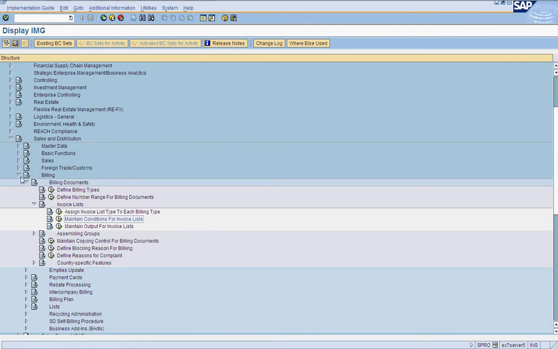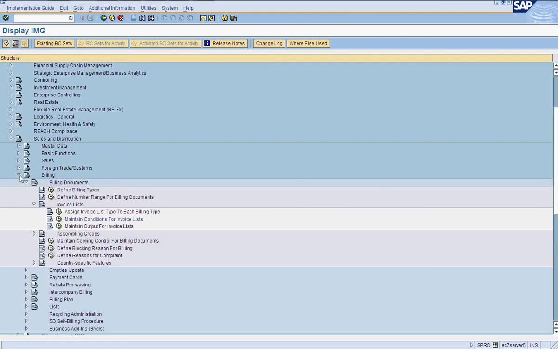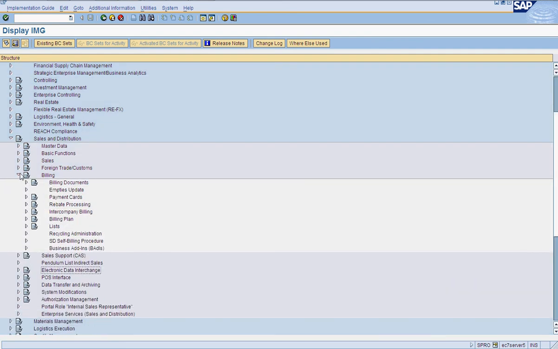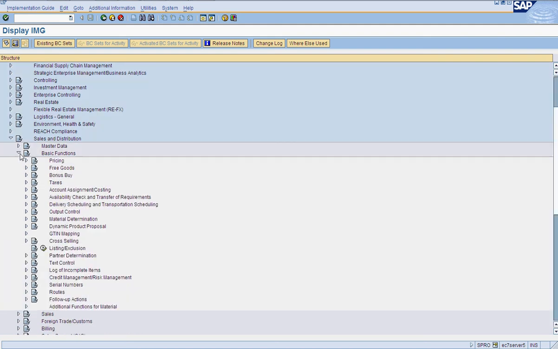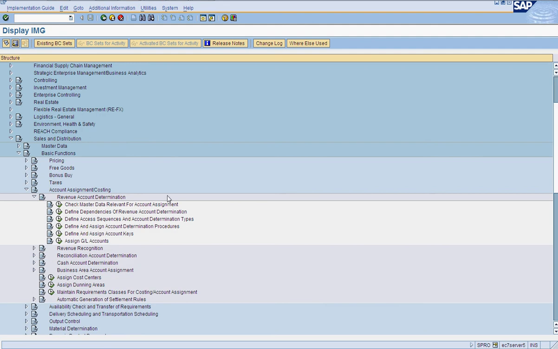Now the most important part is account determination. When we come to billing, the most important part is how it is posted into accounts. So we have to go to basic functions, account determination. Let's see revenue account determination, which is the most important part.